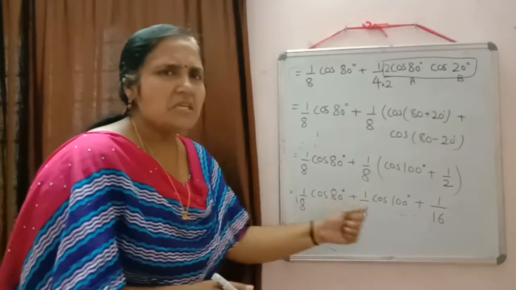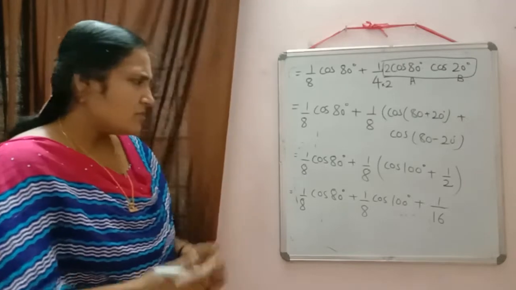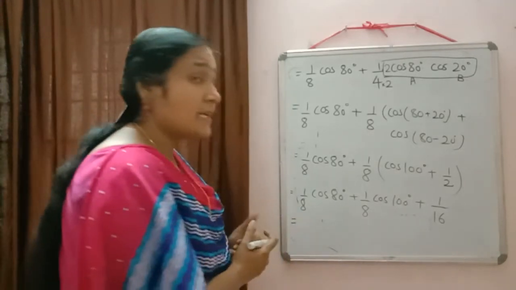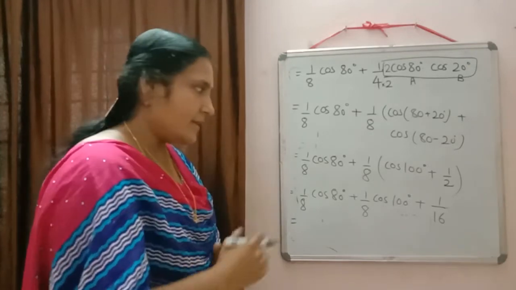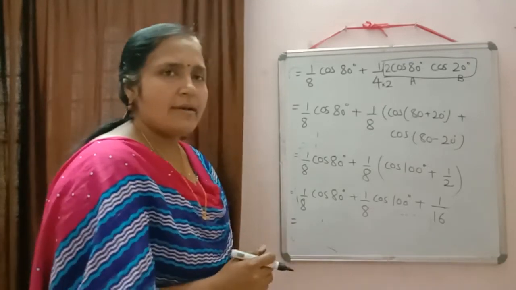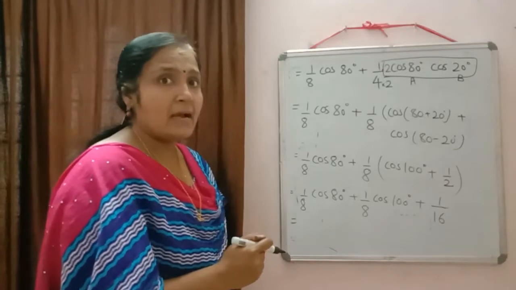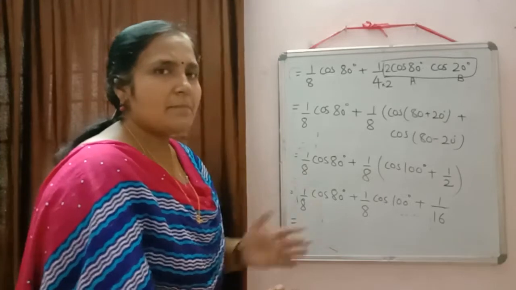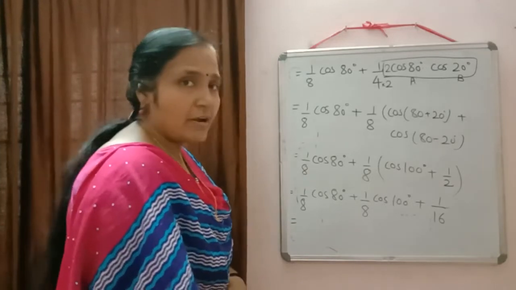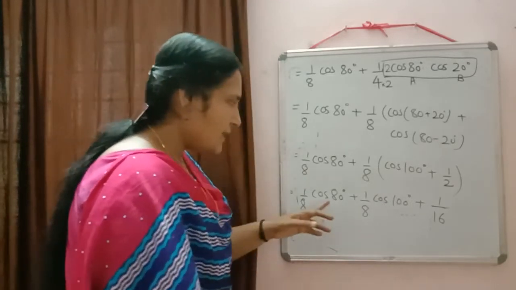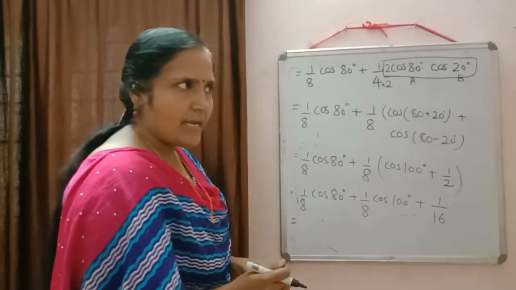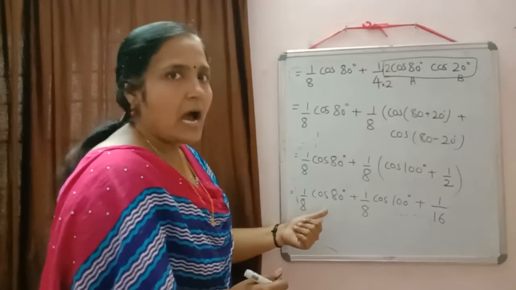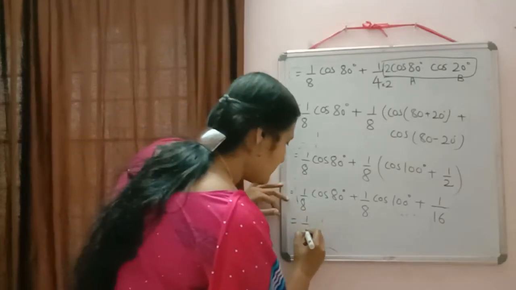Here, these two should get cancelled. So how will we cancel these two? To cancel that, we will use the concept of quadrant. I already told you, whenever you are finding any angle, write it either in terms of 180 plus or minus something, or 360 plus or minus. So any one we can change there. How can we rewrite this 80 degree? 180 minus how much will give us 80 degree? 180 minus 100. So this one I am going to change now.